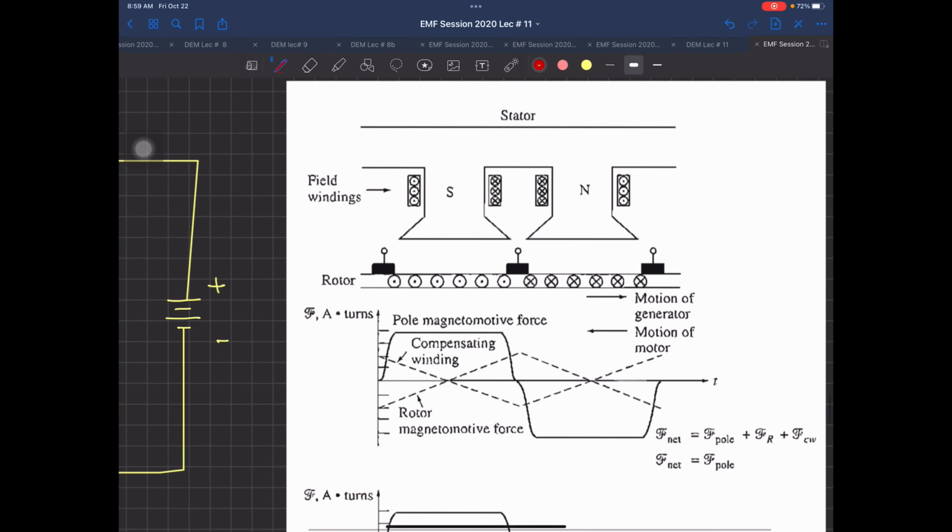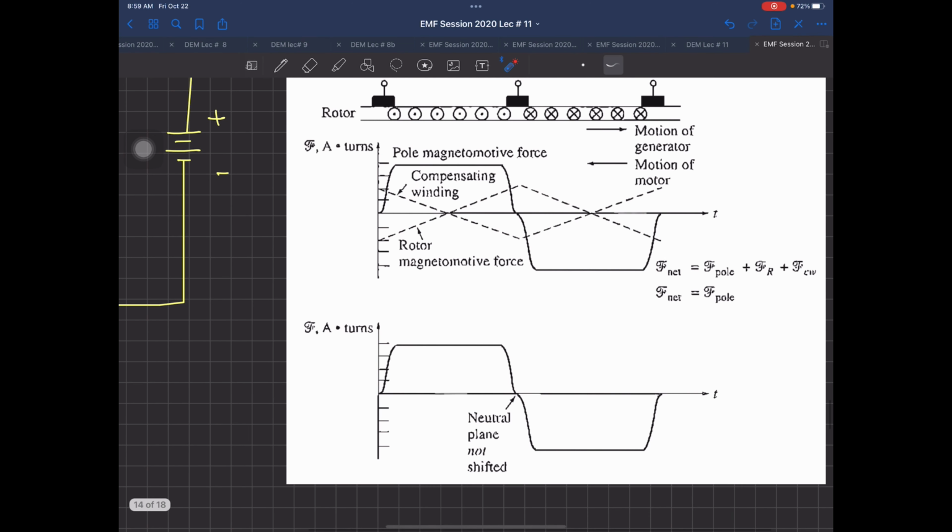So this is that compensating winding flux shown. This one is the rotor MMF, this one is your compensating winding, and they both cancel each other. So in the net MMF there is no change, no neutral shift, and your phi F is still the same. But again, this is the expensive solution. Compensating windings are only done on very big machines, because then the cost can be recovered.